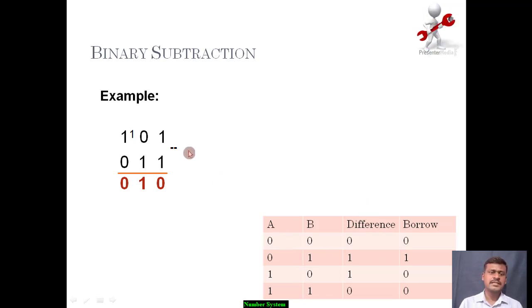As I was saying, this is same like subtracting the decimal numbers. How will we see this? We will see this representation in case of octal numbers, that is 1 0 1 is nothing but 5, 0 1 1 is nothing but 3. So 5 minus 3 will give you 2. So 0 1 0 is nothing but a 2. So this is how we can cross verify any binary subtraction with the octal table. So hope you understood the binary addition as well as the binary subtraction.